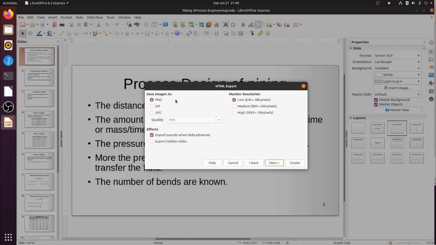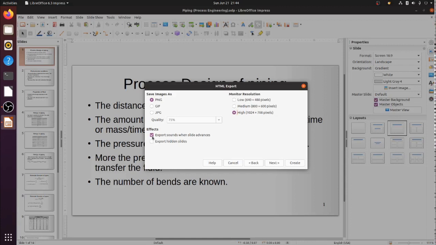Click Next. Now the images, that is the images which will be shown on the HTML page. Which format do you want them? PNG, GIF or JPG? My personal preference is PNG and I take the highest resolution, that is 1024 by 768 pixels.